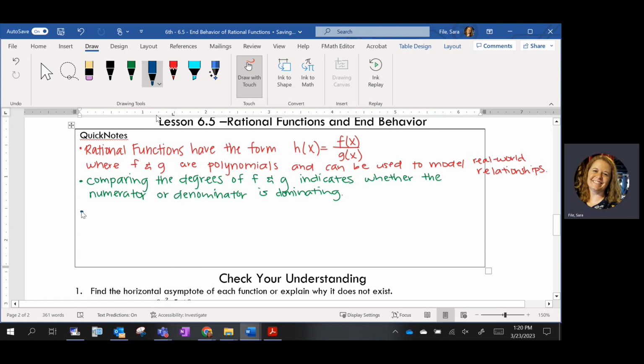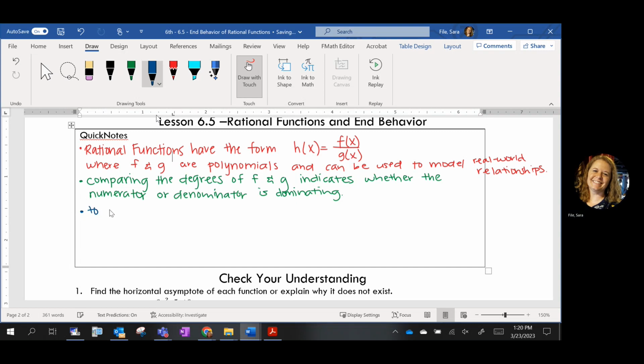All right, and then the third learning target, try and, if you can, squeeze it in, because I want to leave a little space for an example or 2, is to determine end behavior